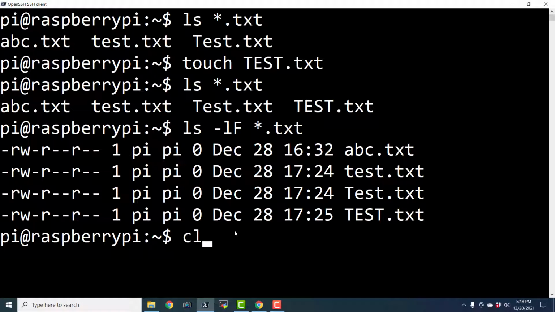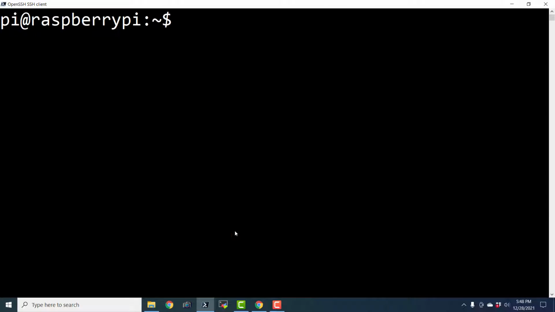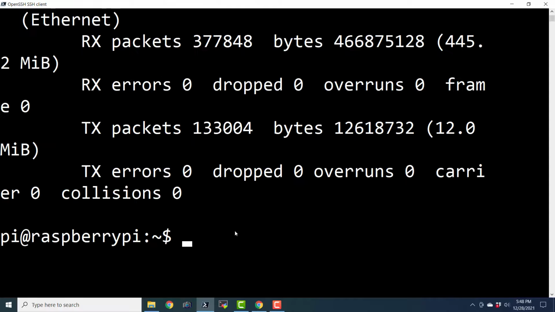So this is our command prompt, and let me clear it. The first command was ifconfig. We know that our Raspberry Pi or our Linux computer is connected to a network, and whenever any machine connects to any network, it is assigned an address. In our case, it is a TCP type network and it has got an IP address.